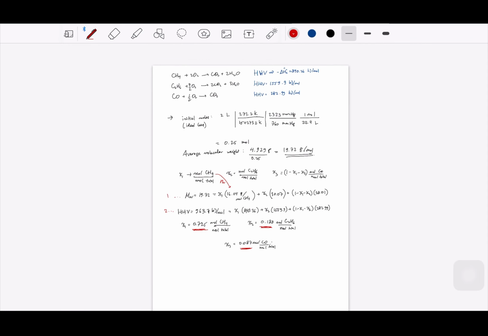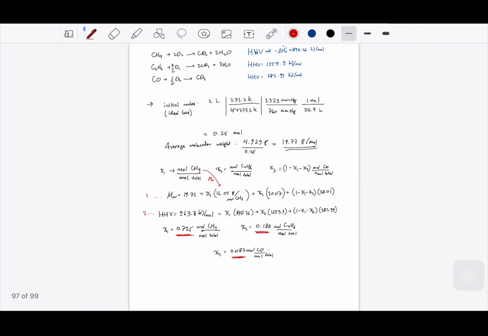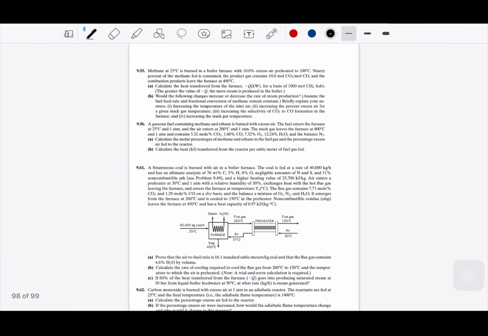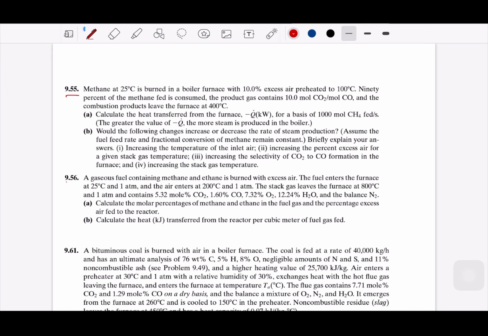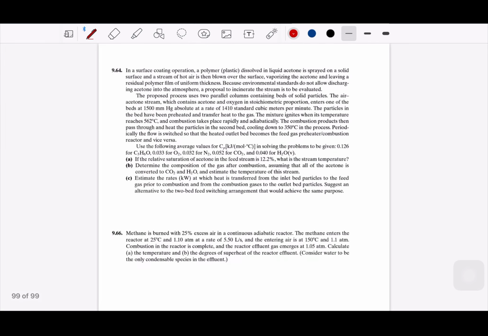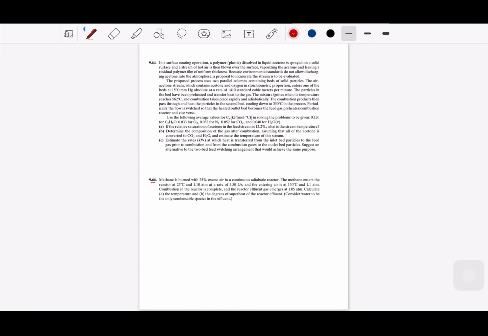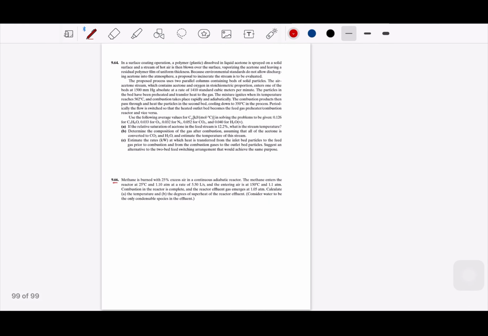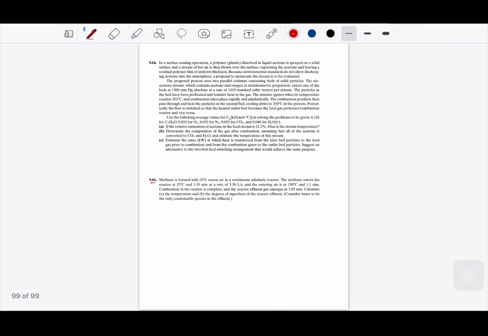Okay, I think I would just stop here. If you have any trouble with the practice, please let me know. You can also check the other ones here. I think you can check number 55 and 56, and also the last one, the 66 here. I will also give you these selected problems for your reference, and for the finals, I hope,